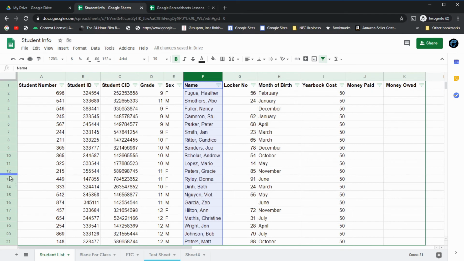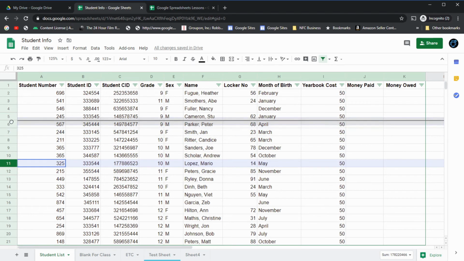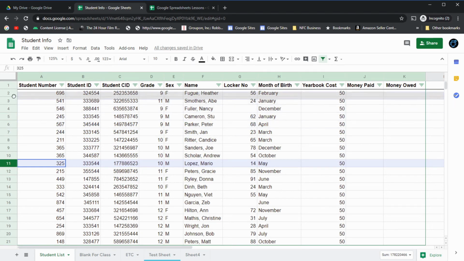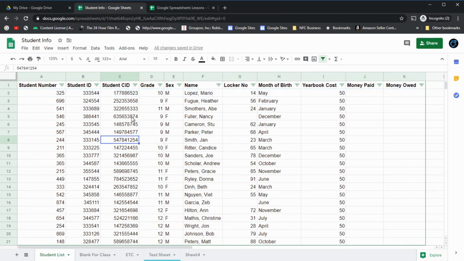So if I decided that for some reason Mario Lopez should be at the top of this list, I have the row highlighted. If I click here on the actual row header, which is the number, and drag that up, and you see that dark gray line moves, and I can move him to the top. Heather Foog, who was there, she still exists. I just moved Mario Lopez's row up to the top. Now, if I decided that Heather Foog